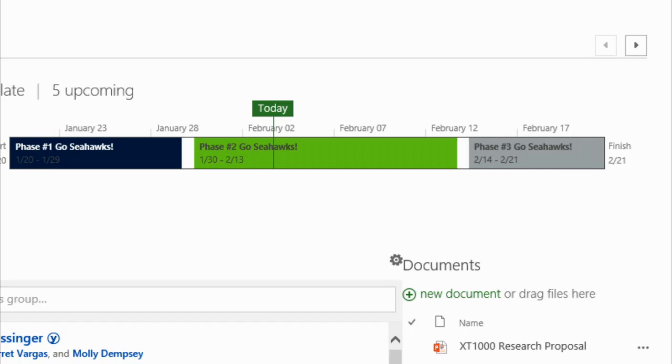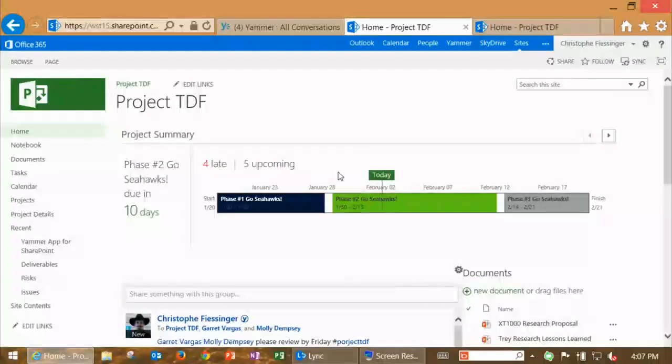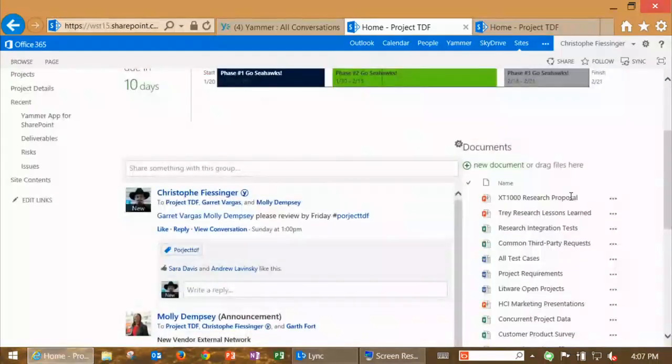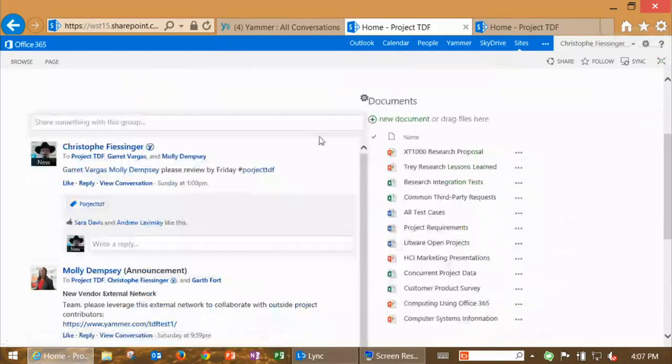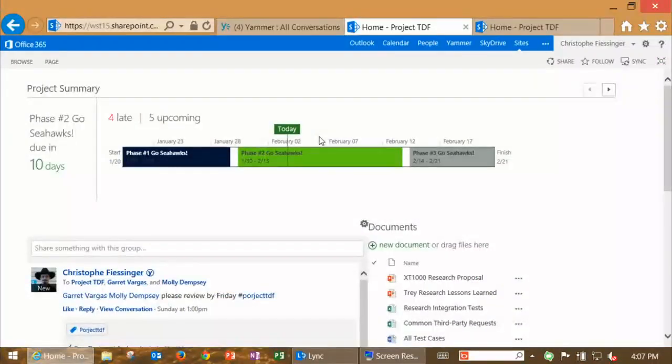Anyway, so I've got a team site, I've got a timeline, all the things you can do with 2013 or with Project Online. In this case, I've done a little bit of branding and customization on this site. Let me collapse here so you get more real estate. Here I say, let's have the timeline at the top and top of mind so there's clear alignment. What are the next big things we're working on? Then on the right-hand side, I get my document library, but it could be a list of issues, a list of risks, whatever you can do with SharePoint.